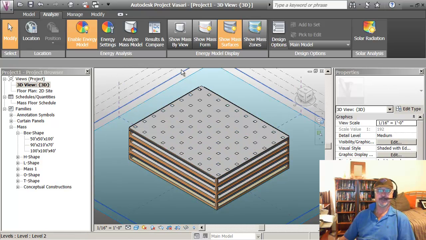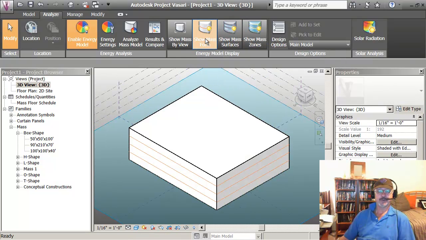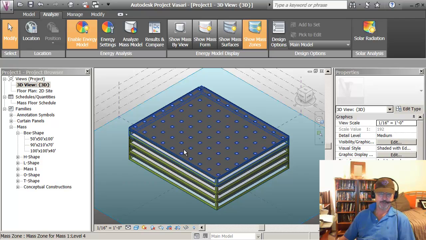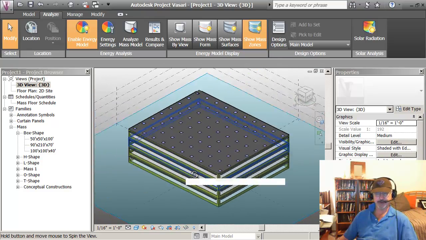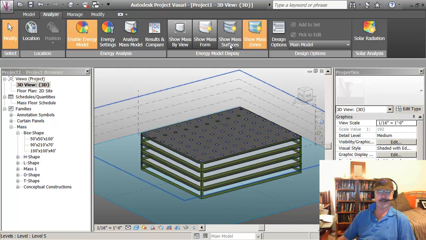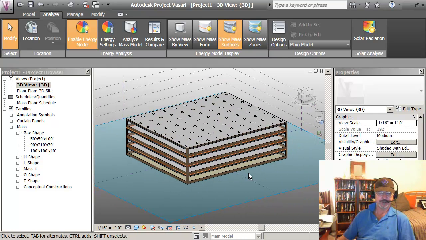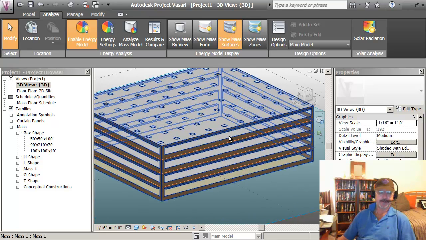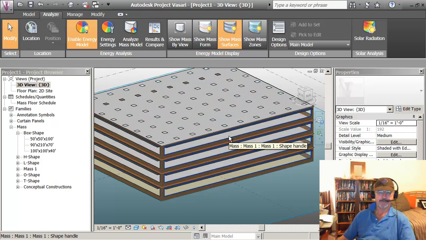So now I can look at the model and I can say, well, show me just the mass form, which is what we saw before, show me the surfaces, or show me zones. And this is important later on in applying overrides, because at the moment all I've got is a model that's the same on all sides. But I may well want to do something like, say, show me surfaces, and then I'm on the north side of the building here. You see that I can actually go in and with the tab key here, I could